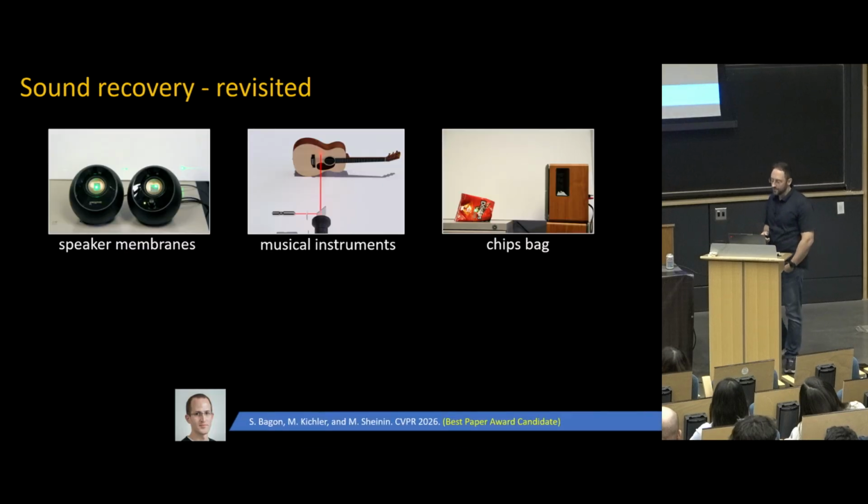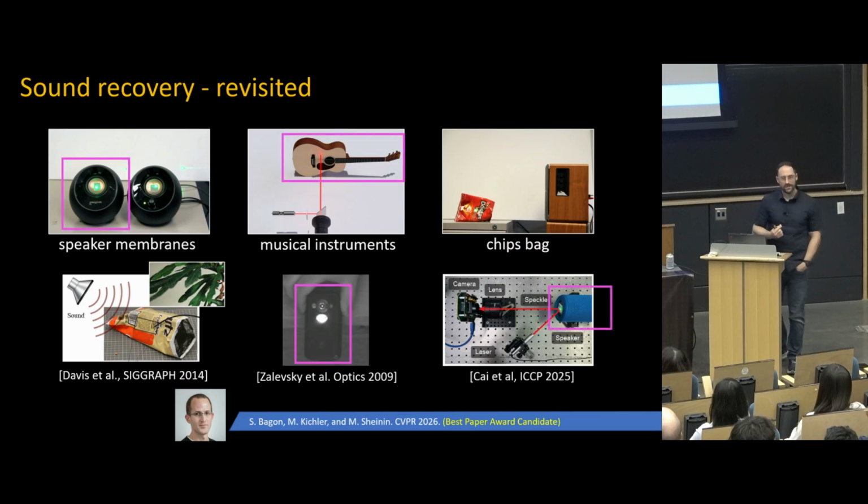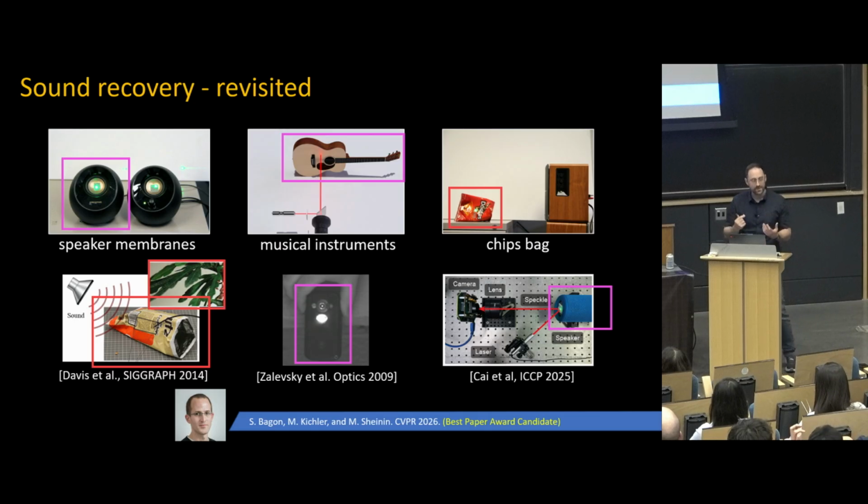If you look at the type of objects that I and other people are using for sound extraction, you'll see that most of these are actually easy cases. So what do I mean by this? Most of the objects here are active objects that generate their own vibrations. So these are basically speakers. While the passive objects that were used in the past, these are our visual microphones, were usually thin, lightweight, and highly responsive objects like this chip bag. But what happens when you try to use something else as your visual microphone in the scene?